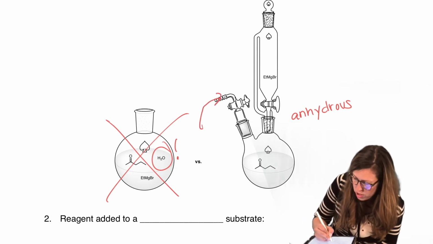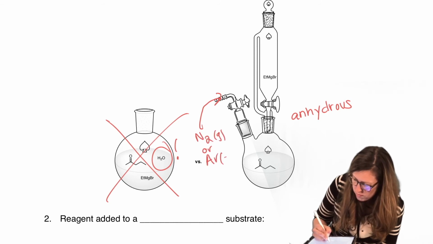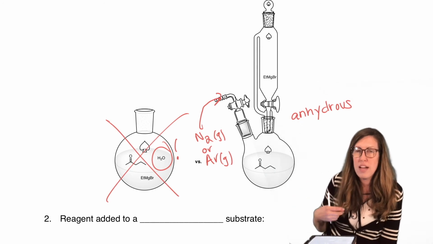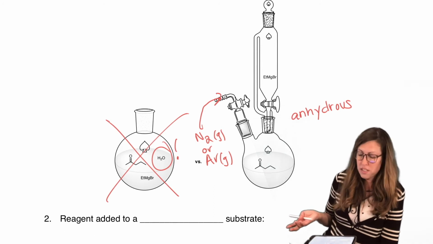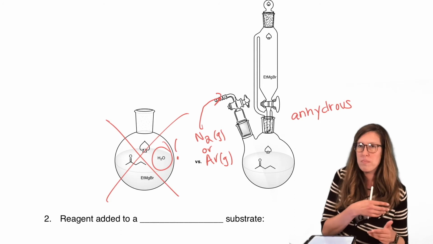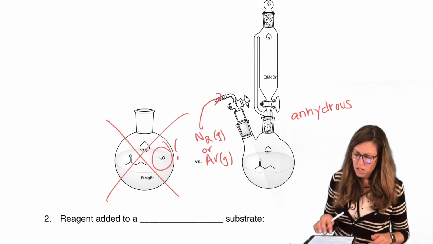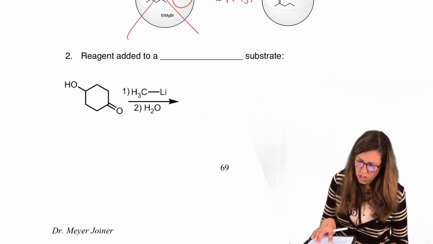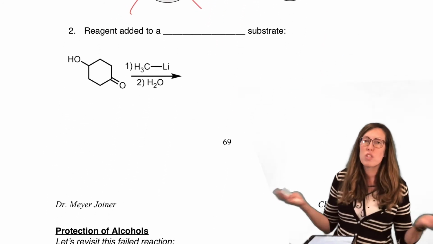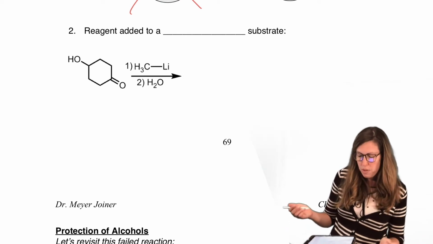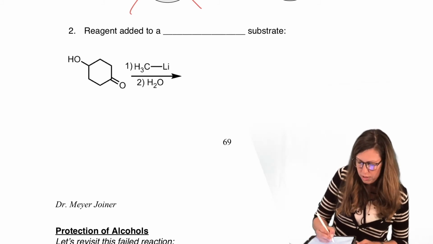So we'd have to have an inert gas, nitrogen or argon. And that's usually even kept on a filter that keeps water and oxygen out, so things can be oxygen sensitive too. So notice it's all closed off. There's usually a vent to a bubbler, just so it doesn't build up pressure, but that's the basic setup. So if you're not careful in the lab, you will have no reaction with Grignards. They're very sensitive.